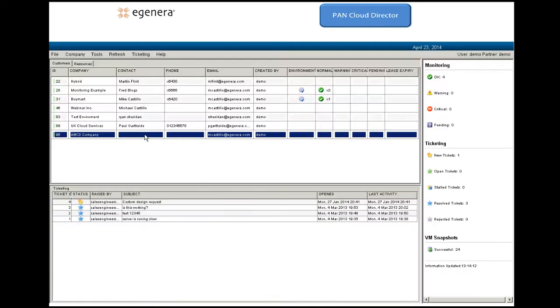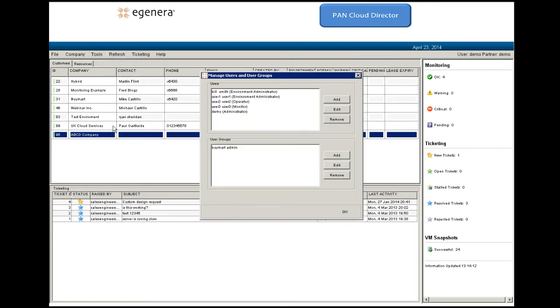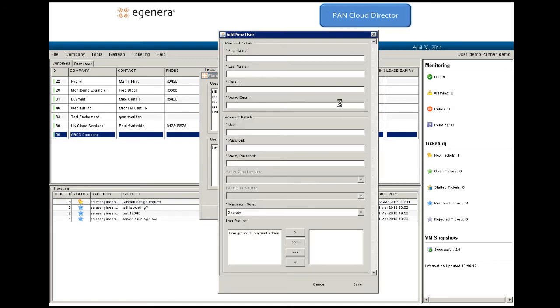Now that I have a customer, I need to add some users to that customer. If I click on Tools, Manage Users, as you see here, I've got some users already set up. But if I wanted to add a particular user,